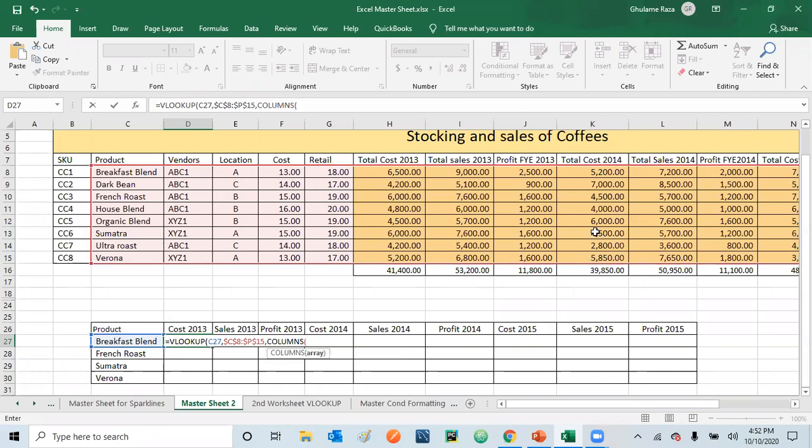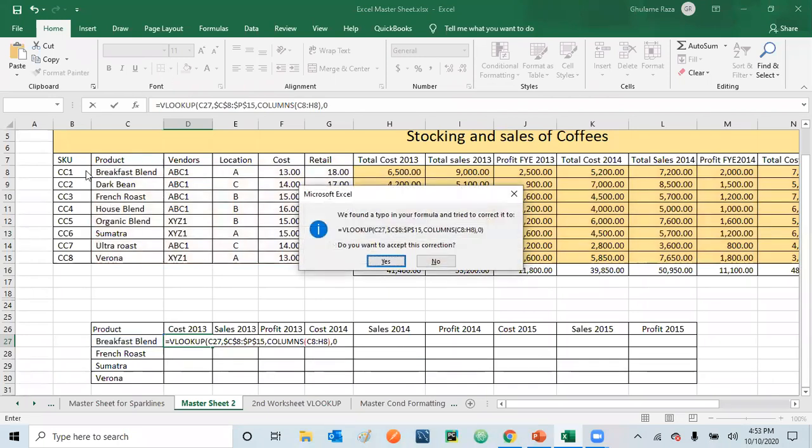Whatever you are looking for, you'll be selecting until that part, only the first one, not the entire table. So you start selecting from this one, and you keep going towards right until you reach cost of 2013. And because you have already opened the bracket, you have to close the bracket, put comma, and then press 0, and then select yes.